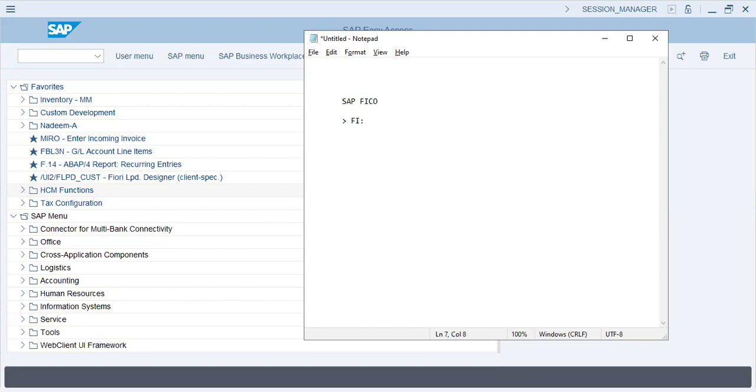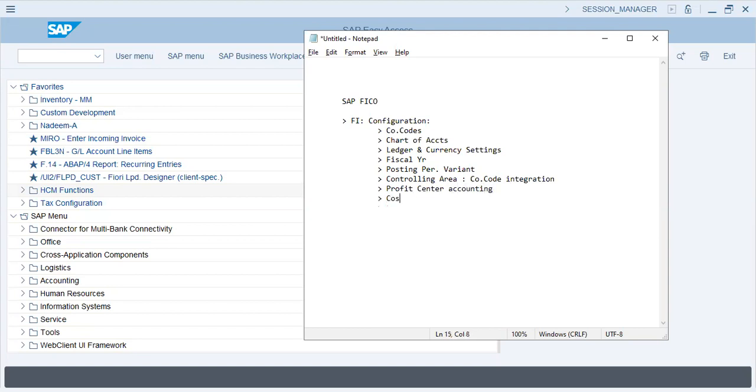In finance, we'll start with configuration of company codes, chart of accounts, ledger and currency settings, fiscal year variant, posting period variant, controlling area, company code integration, and profit center accounting, cost center accounting, product costing,